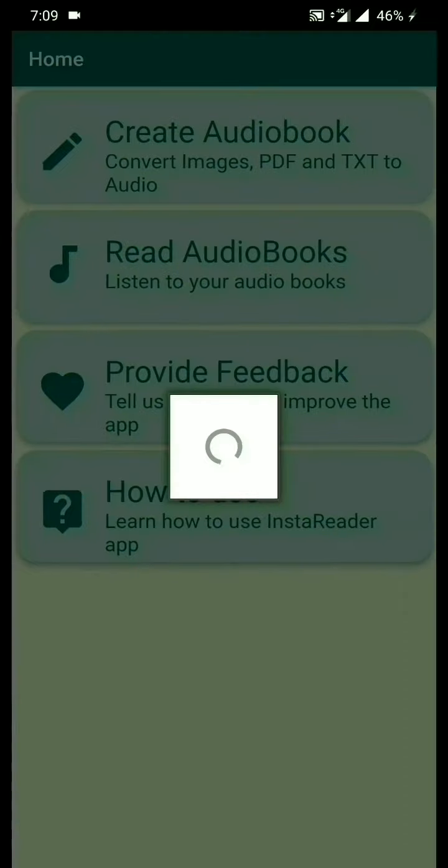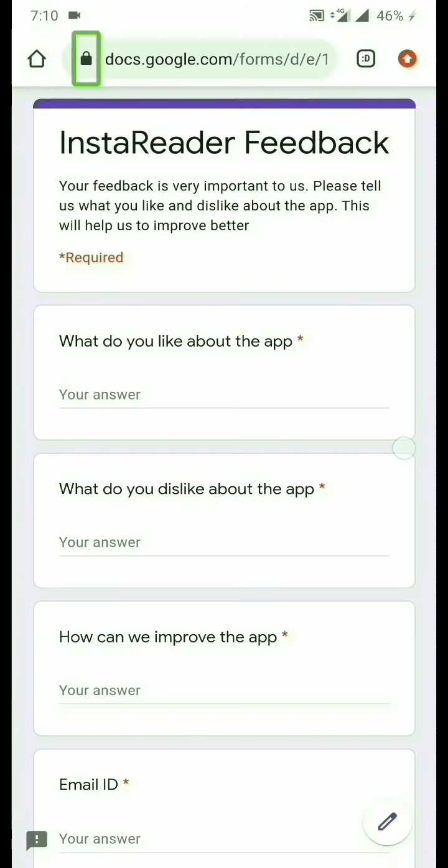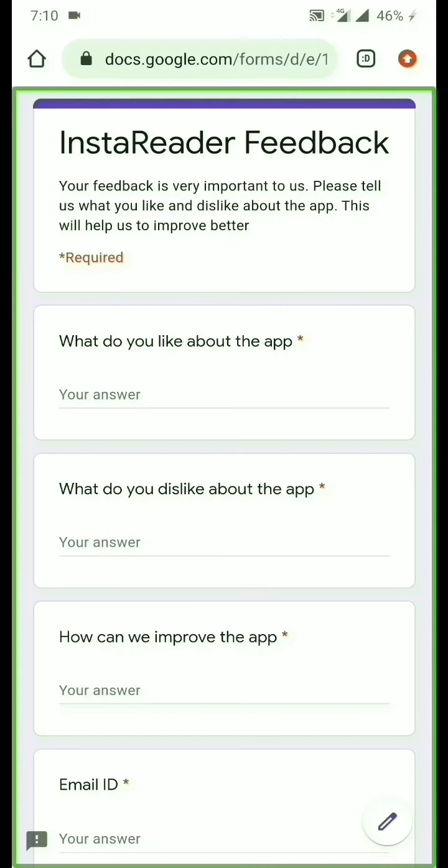Selected. 5% progress bar. Chrome. 22%. Chrome. Instareader feedback web view. Error and valid entry. It has opened the Chrome browser for me. From here, if you swipe right, Home. Up. Instareader feedback web view. So there will be this Instareader feedback web view.